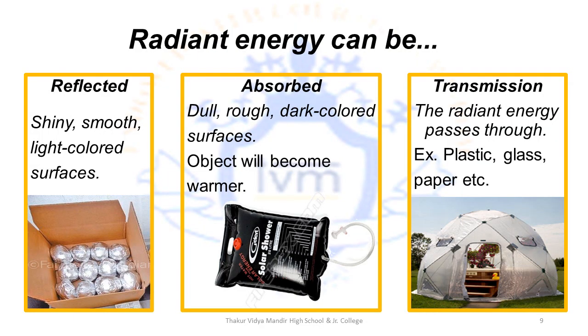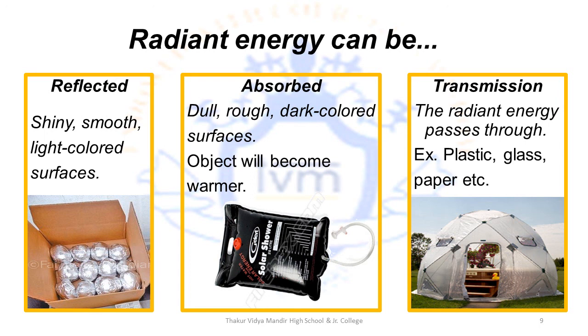Now, radiant energy can either be reflected, absorbed, or transmitted. We already know that substances transmit radiation energy and some substances absorb radiation energy. That is why usually in the summer season people wear light colored clothes and the roofs of some buildings are painted white in color. The lighter they are, the less heat they absorb, and so we feel cooler.